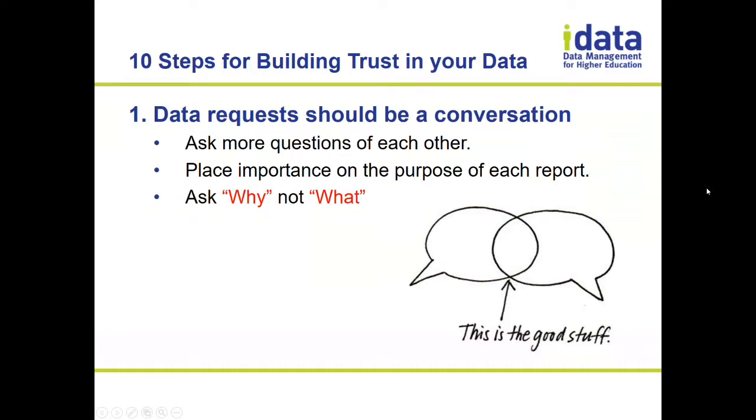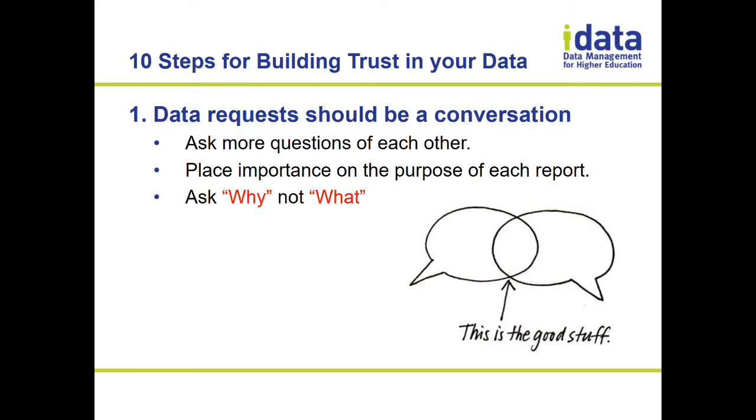All right. So the first thing that you can do to start building trust and therefore adoption in your systems is that any data request that's processed, either informal or formal, should be a conversation. If someone is asking for anything, you don't want it to be, I'm going to submit an email asking for a report, and then wait 2 weeks and get something back. There needs to be some method of having the report developer interact with the report requester.